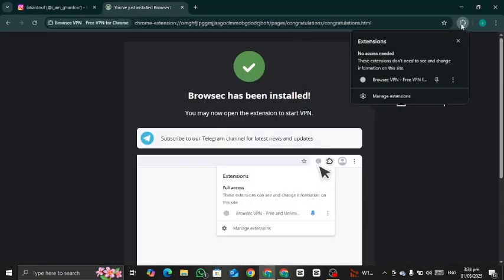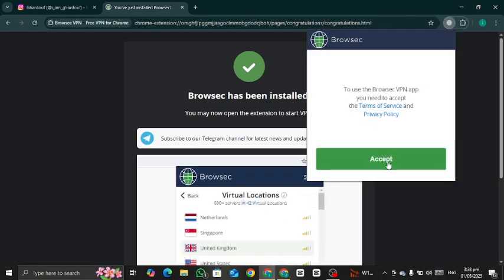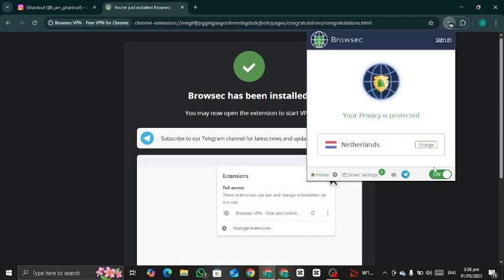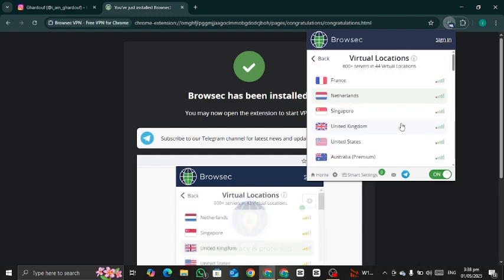Just click on the extension and here you will see the VPN. Click on Browsec, select, and as you can see when you turn on the VPN you can see different countries' IP addresses that you can change according to your need and with different